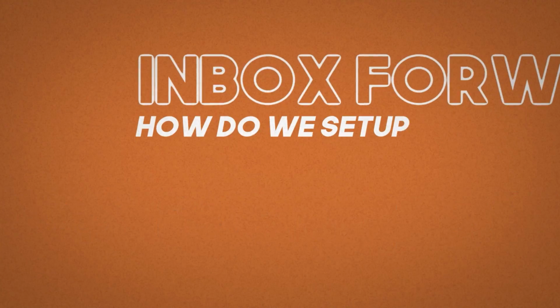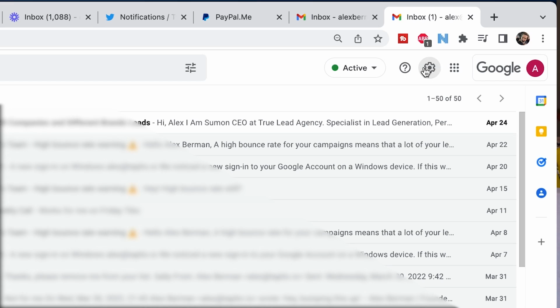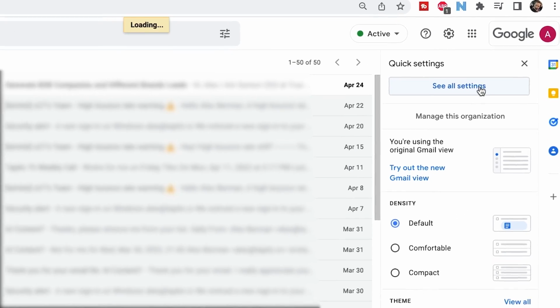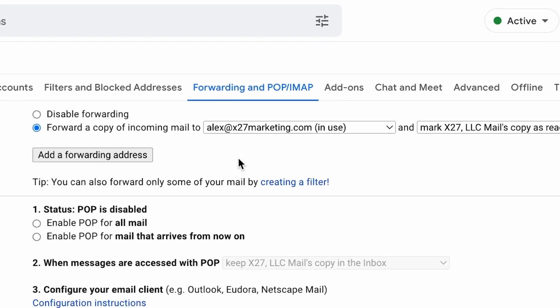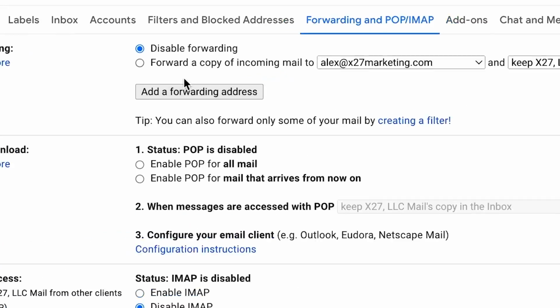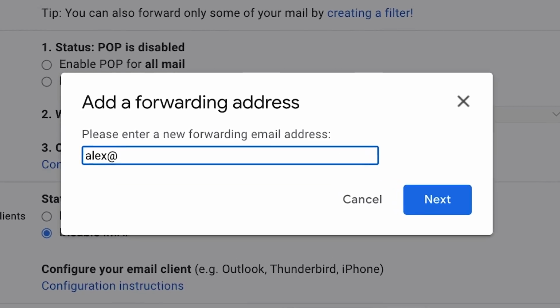So how do we set up the inbox forwarding? Log in to your email account. Then you click the gear icon on the top right-hand side of your email dashboard. This is the settings icon. Then you click on See All Settings in the drop-down menu. Then you go to this tab, Forwarding and POP/IMAP, and you click Add a forwarding address. Then you enter a new forwarding email address. This is where you'd put the email address of the final inbox. So let's say we wanted to manage all of these cold email campaigns from my X27 account. I would put in